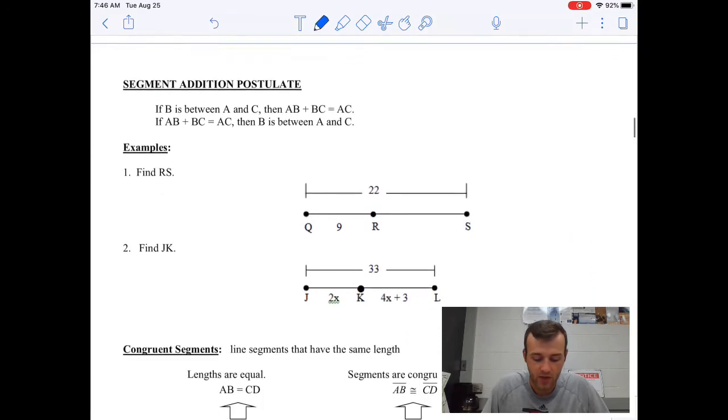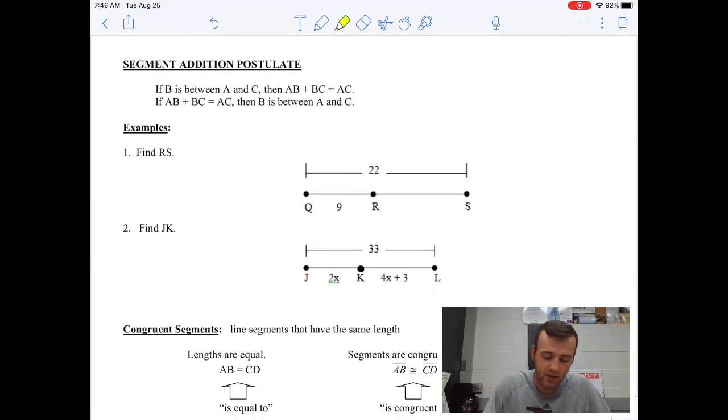And here comes our second postulate, the segment addition postulate. This will be something you will use quite a bit, and I want you to really take in what it tells us. It says if B is between A and C, then AB plus BC equals AC. If AB plus BC equals AC, then B is between A and C. Here's what it's saying. I'm going to draw a picture. I love pictures. If B is between A and C,